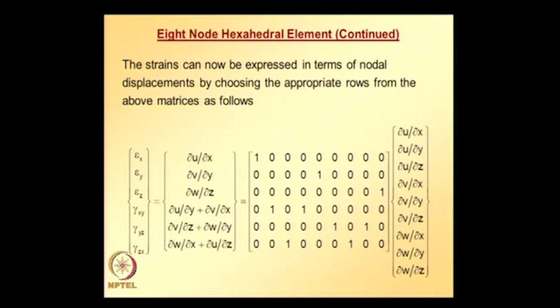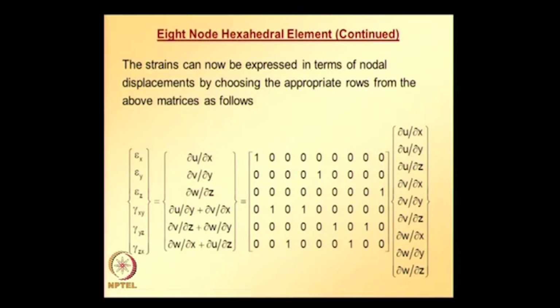First, the definition of strain: epsilon x is equal to partial derivative of u with respect to x, epsilon y is equal to partial derivative of v with respect to y, epsilon z is equal to partial derivative of w with respect to z. Similarly, gamma xy is partial derivative of u with respect to y plus partial derivative of v with respect to x, gamma yz is partial derivative of v with respect to z plus partial derivative of w with respect to y, gamma zx is partial derivative of w with respect to x plus partial derivative of u with respect to z. This entire vector can be written or rearranged in the manner that is shown on the right hand side of